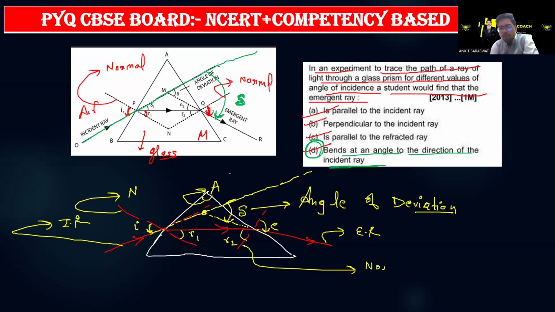This is also the normal. So thank you so much. I hope this is clear. Option D is